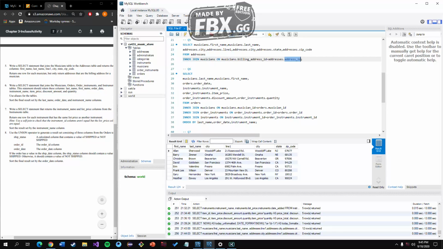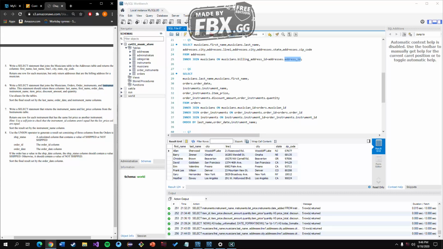Now let's come to question number 6. In question number 6, write the statement that joins the musician, order, and order instrument and instrument tables. So the statement should return these columns: last name, first name, order date, instrument name, item price, discount amount, and quantity. And so basically it's kind of like an inner join because